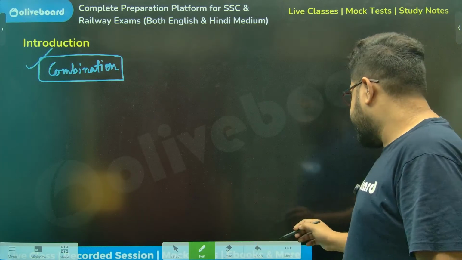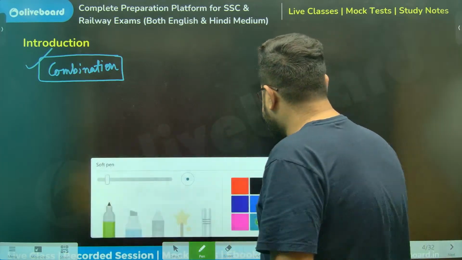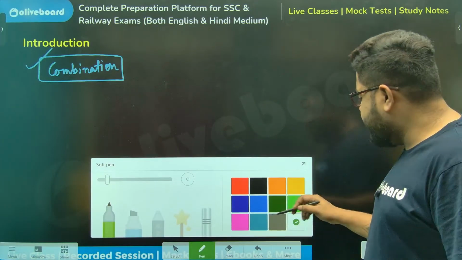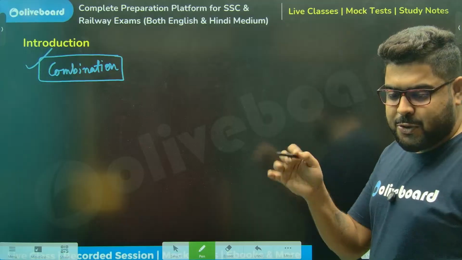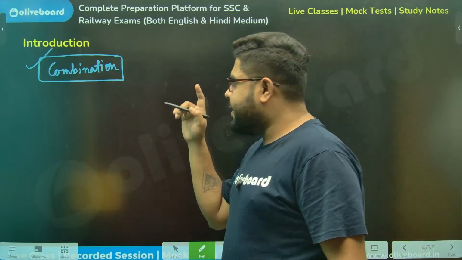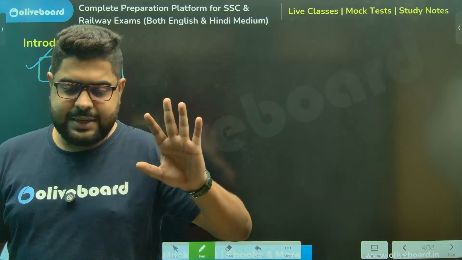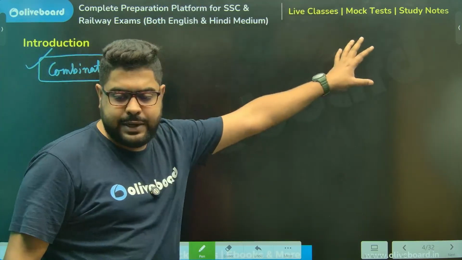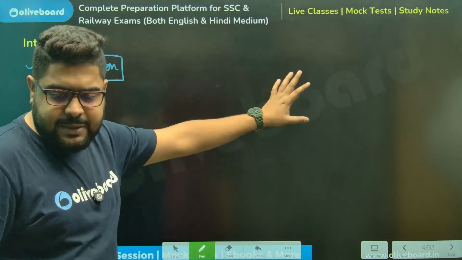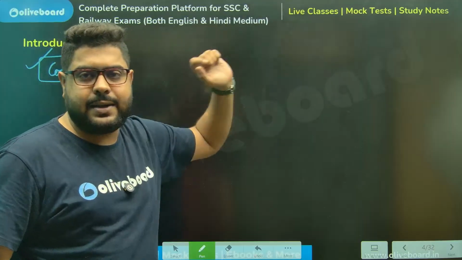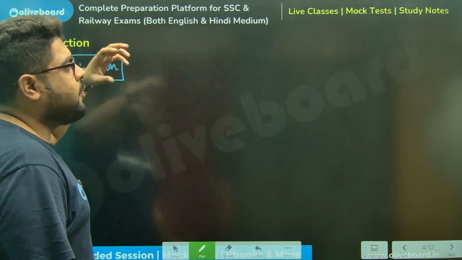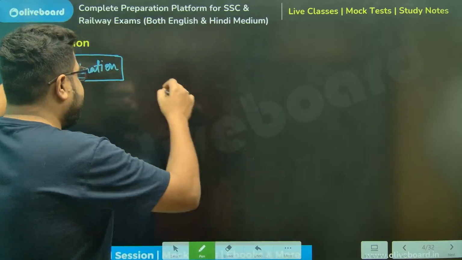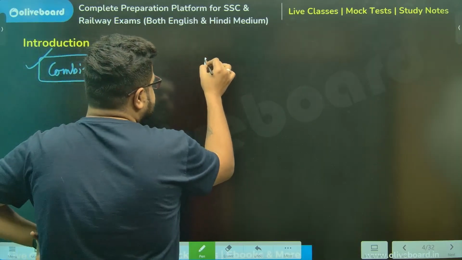Why is that? Because combination is an intelligent operator. Permutation is not. Permutation is a very dull type of operator. It doesn't know anything. Whereas combination... permutation is selection plus arrangement. Rather than using that, let's do one thing. When I know I also need to arrange, I will use, let's say, the name Nagul.